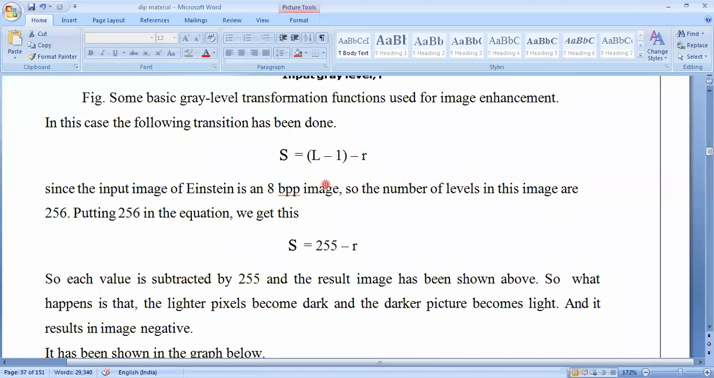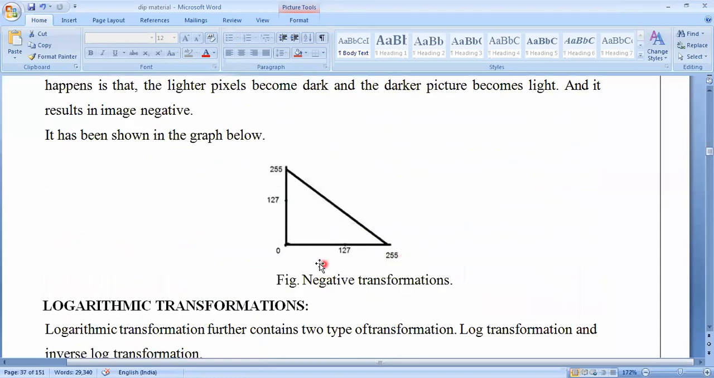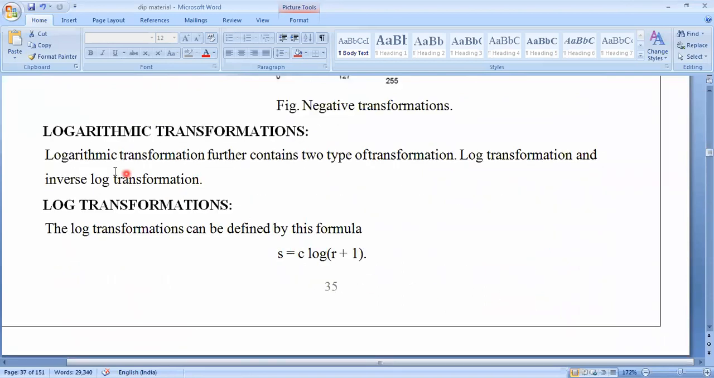Yes, for image negative, S is equal to L minus 1 minus R. Now you know our 8-bit image, the gray level is 256. So S is equal to 255 minus R. So you see here 0 is going to be mapped to 255, 127 is going to be mapped to 127, 255 is going to be mapped to 0. So black and white is going to be converted to white and black. Now next one is a logarithmic transformation. Now the formula for this is also, the logarithmic transformation is also one of